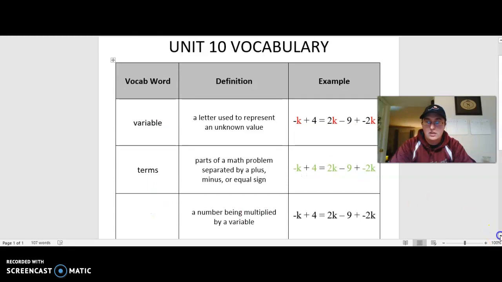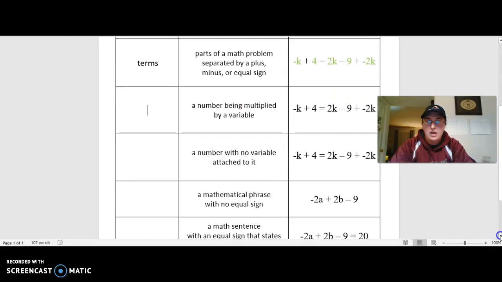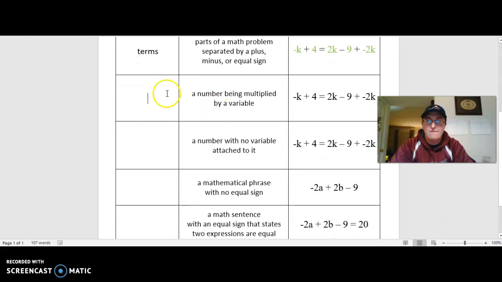All right. The next definition we have is a number being multiplied by a variable. That is our coefficient. Remember, the coefficient is the number directly in front of a variable. Right here we have the 2 and the negative 2. Those are coefficients, easy enough to see. So let's highlight those and change those colors. Let's make them